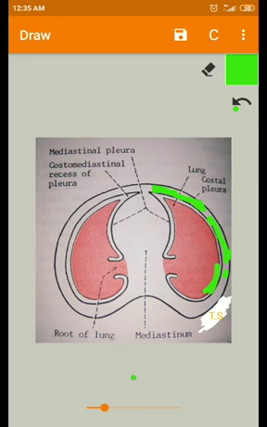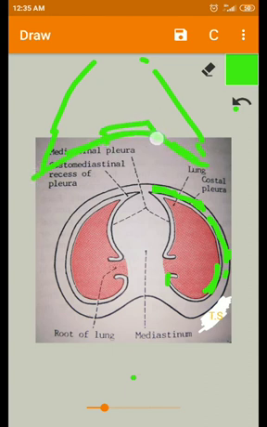And also the mediastinal pleura and the central part of the diaphragmatic pleura. If you can see in the coronal section, this pleura is present like a diaphragmatic pleura. So the central part of the diaphragmatic pleura and the mediastinal pleura are supplied by the phrenic nerves, which are coming from the upper parts.